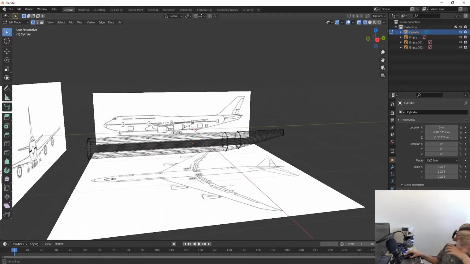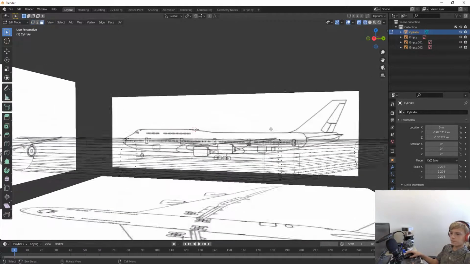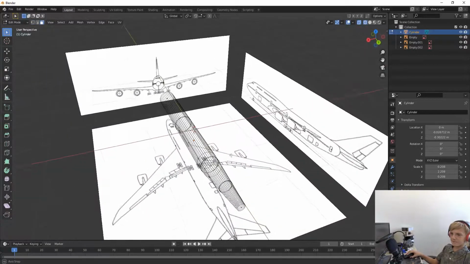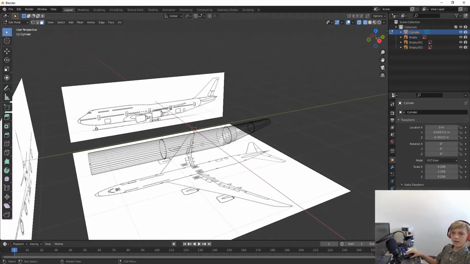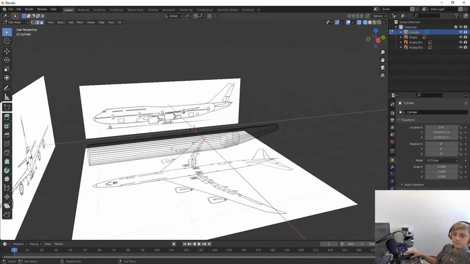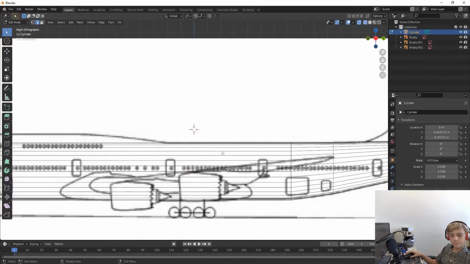So, if you're wondering which one I'm in, just look up here, and then just go into that view, obviously. Okay. So, in the face select mode, actually no, edge select,